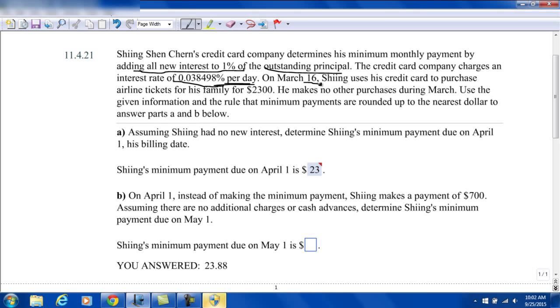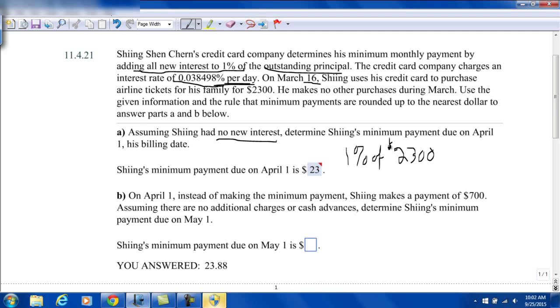Use the given information and the rule that minimum payments are rounded up to the nearest dollar to answer parts A and B below. So for the first one, it says assuming Xing had no new interest. So again, no new interest. It says all new interest added to 1% of the outstanding principal. So there's no interest. So it's just going to be 1% of the outstanding principal. Determine Xing's minimum payment due on April 21st. So 1% of